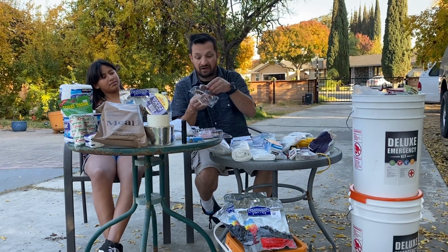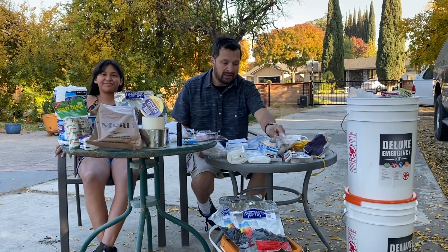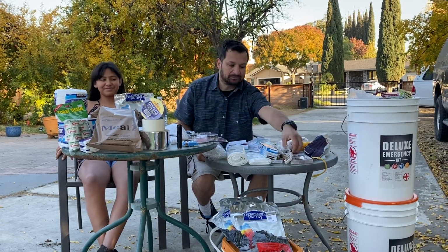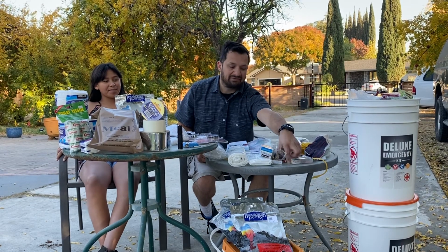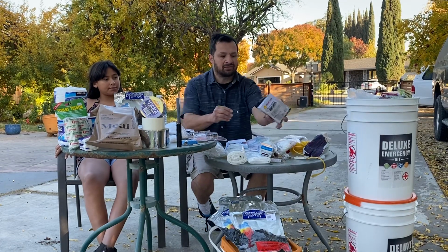Right here, I'm not a smoker, but I am going to show you some cigars. Cigars are good for starting fires, as they light up quickly even when it's cold. I have matches here, and I have a lighter here. I also have emergency candles. These candles are